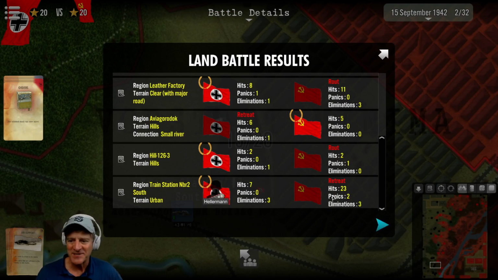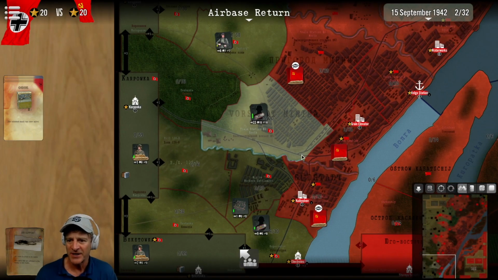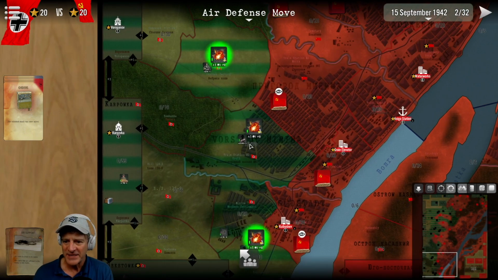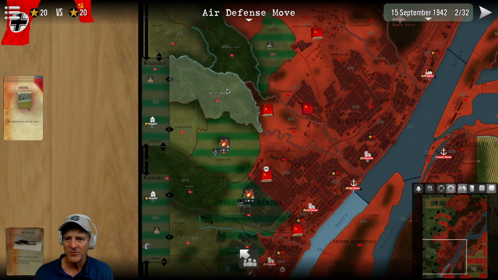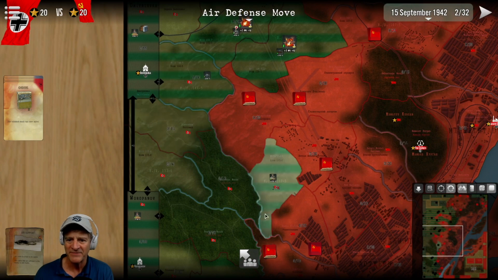Okay. That wasn't bad, except for those 2 places up here. Air base is returning. So if we look, we have taken train station number 2 here. We pushed the Soviets out of this area here. Made some progress up in here. This is proving to be a thorny mess, and we've left ourselves...